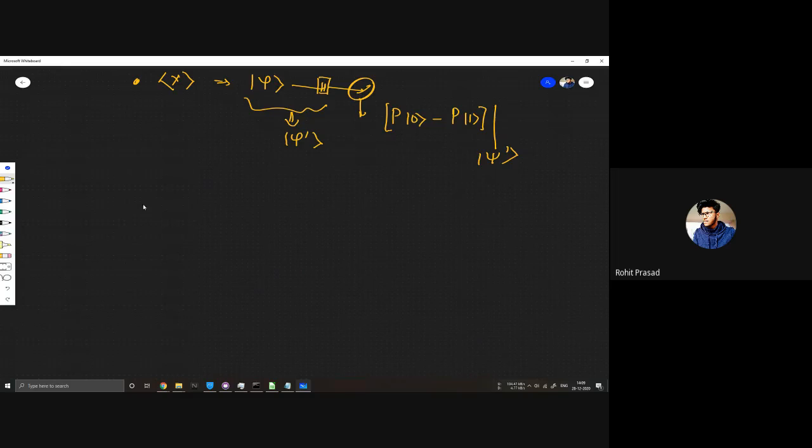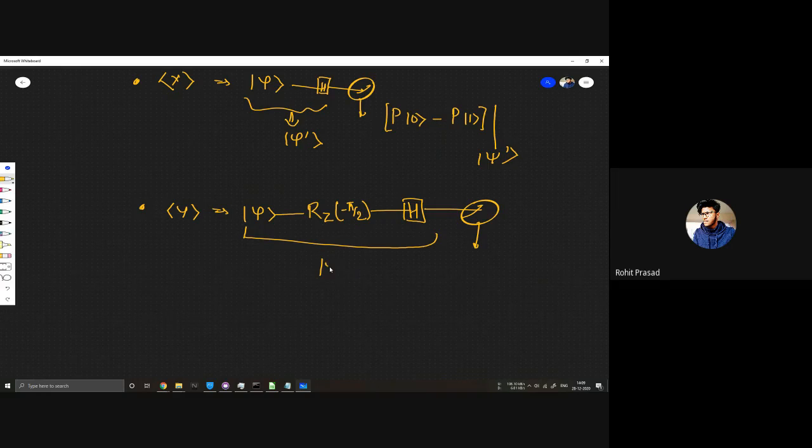And then for the y, we can do it by using psi and putting an Rz gate of minus pi by 2, then putting an H gate, then measuring it, and saying that this is transformed into psi double dash, and then p of 0 minus p of 1 for psi double dash.